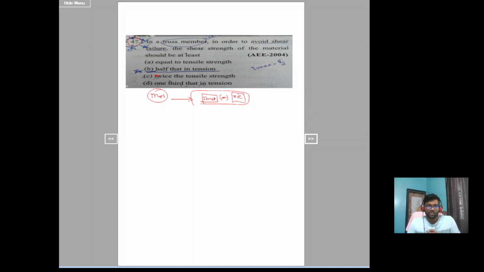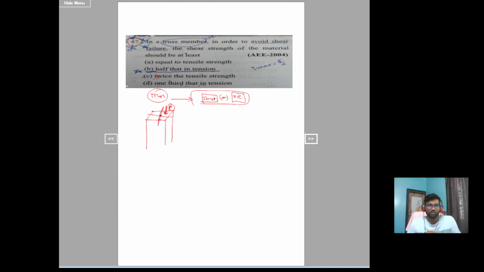If you take a column, a strut bar will carry only axial compression. A strut is a member which carries only axial compression. Then what is the difference between column and strut? In case of a column, if there is some eccentric loading, that is some load P not going through the CG of the section, if some force P is acting with some eccentricity,